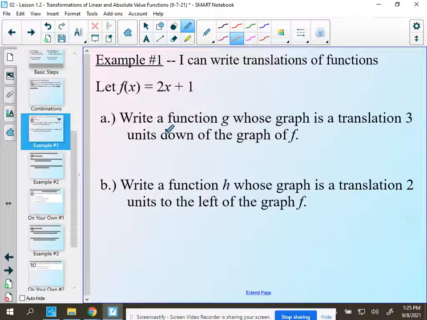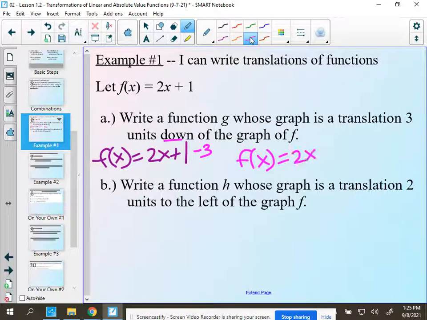If I want to go down, I need to subtract directly from the k. So if you want to see a step, that's fine. My original is f of x equals 2x plus 1. What does my rule say to do? Subtract, because we're going down. So I'm going to subtract directly from the k. Subtract 3. So my final result here would be f of x equals 2x minus 2. Okay, that's probably one that you can look at and say, hey, can I just go to this, Mr. Cole, and write this for my answer? I'd say, yeah. I'm not in the business of making life